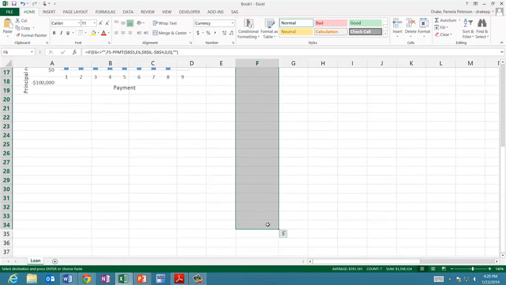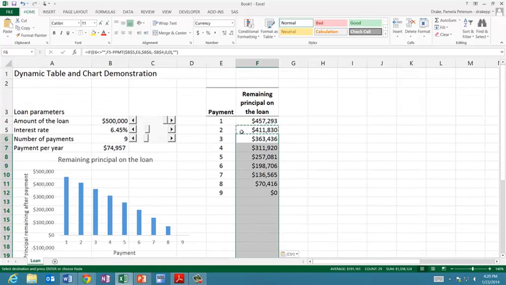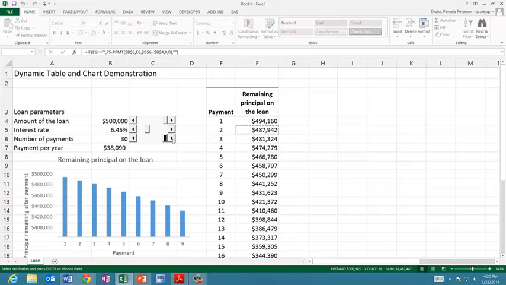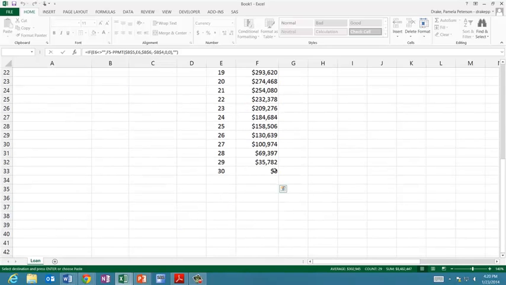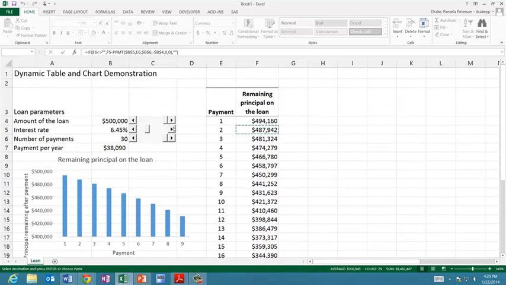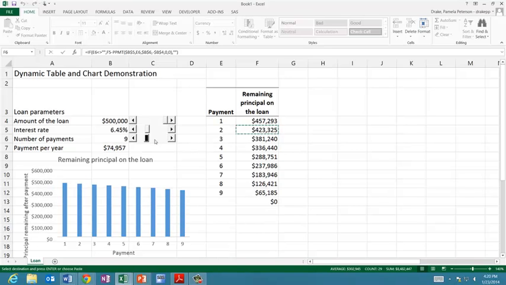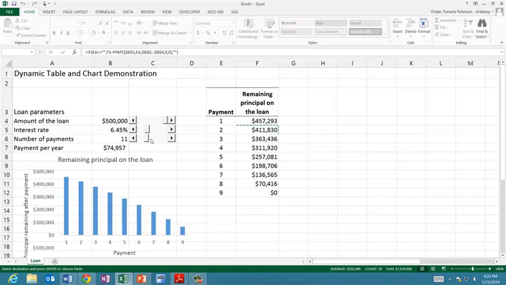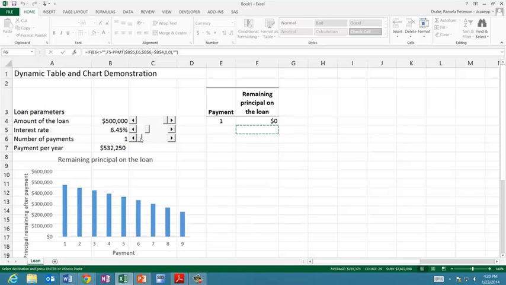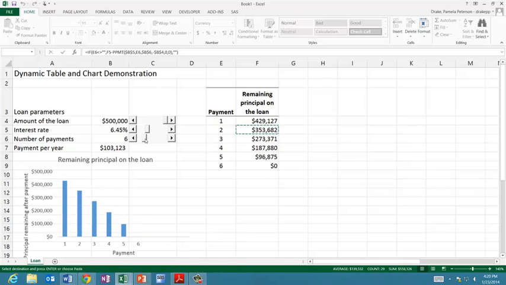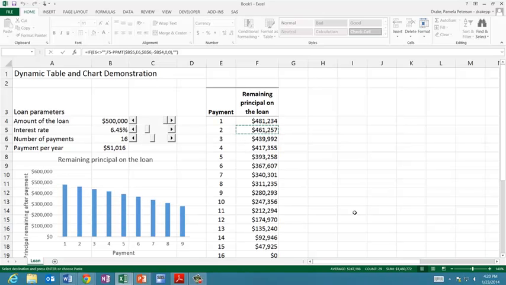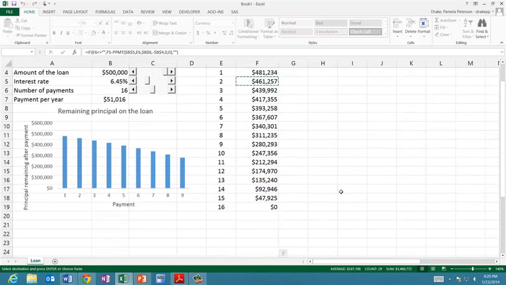And what you want to use as a criteria for how far to bring it down is to look at what your maximum is in your ActiveX. So if the most you can have is 30, you want to make sure that you have the possibility that this is worked out to 30. So now if you have it worked out, then as you move this along, give it a second to calculate, it should move along without any error messages. Now sometimes it takes a second for calculations to kick in, but they're there, depending on the speed of your